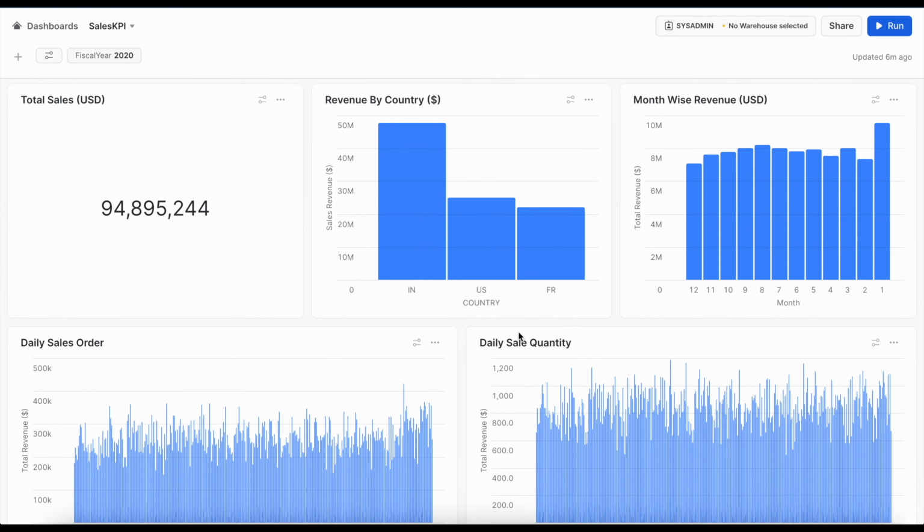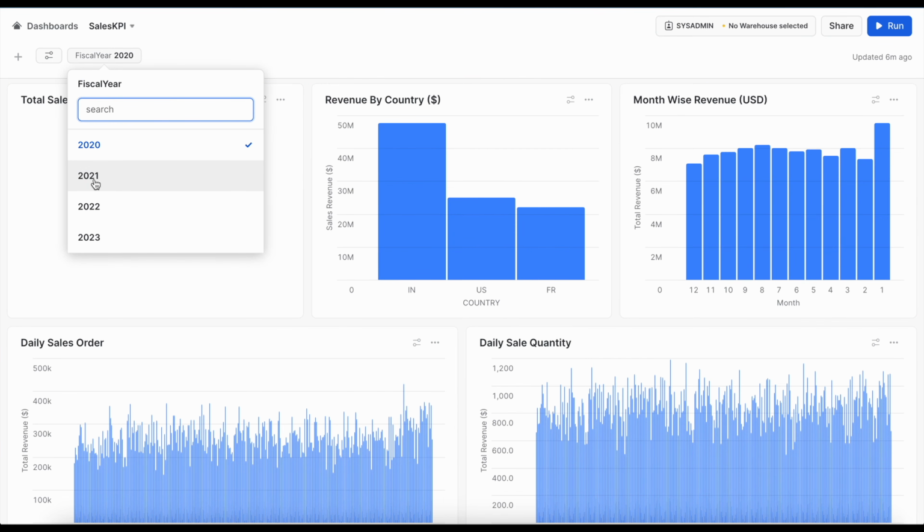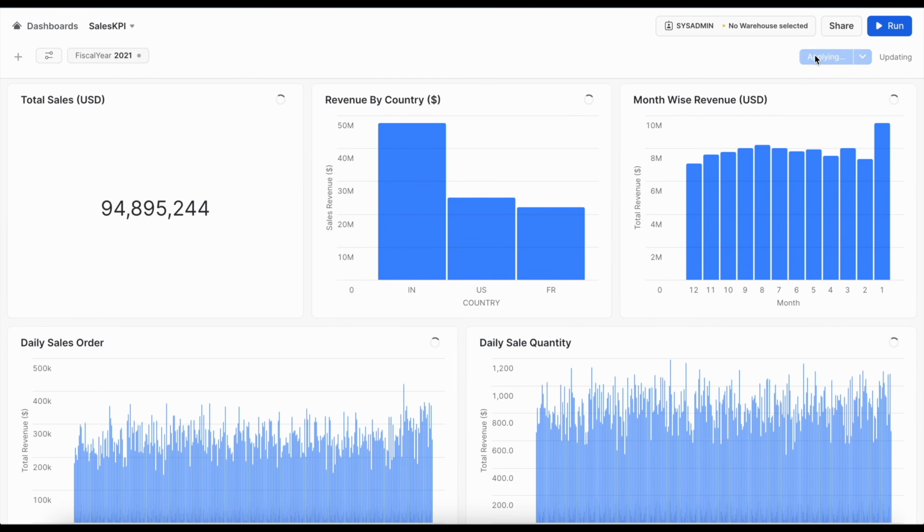Now my dashboard is ready, where you can see the total sales in USD, the revenue by country. So this is India followed by US followed by France, month-wise revenue in USD, and this is my daily sales order and my daily sales quantity. If I change this number from 2020 to 21 and say apply,